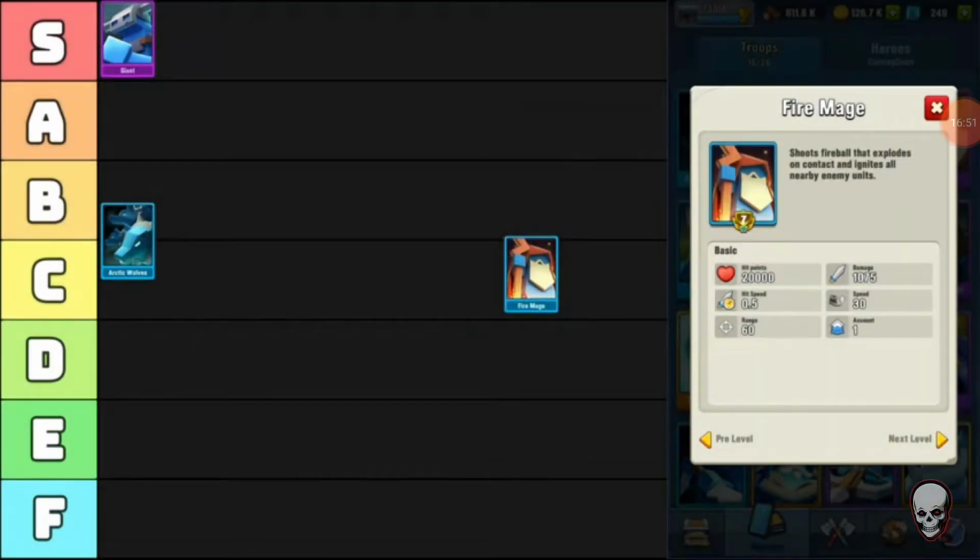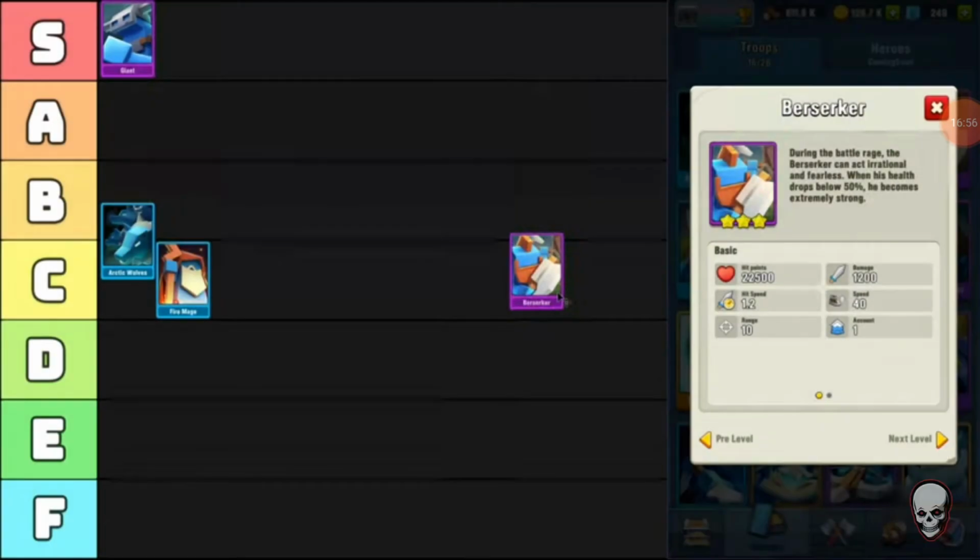Well, that bad at level 7. They do start to deal over 1,000 damage, but they have relatively low health, and I would much rather have Airbenders. I'm sticking them in the C tier. The Berserker can start...